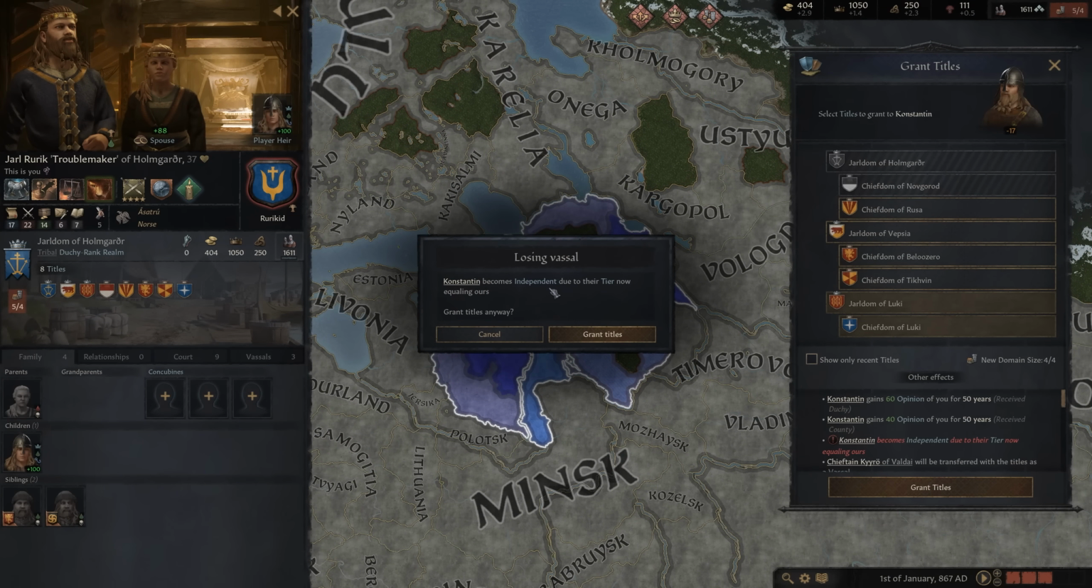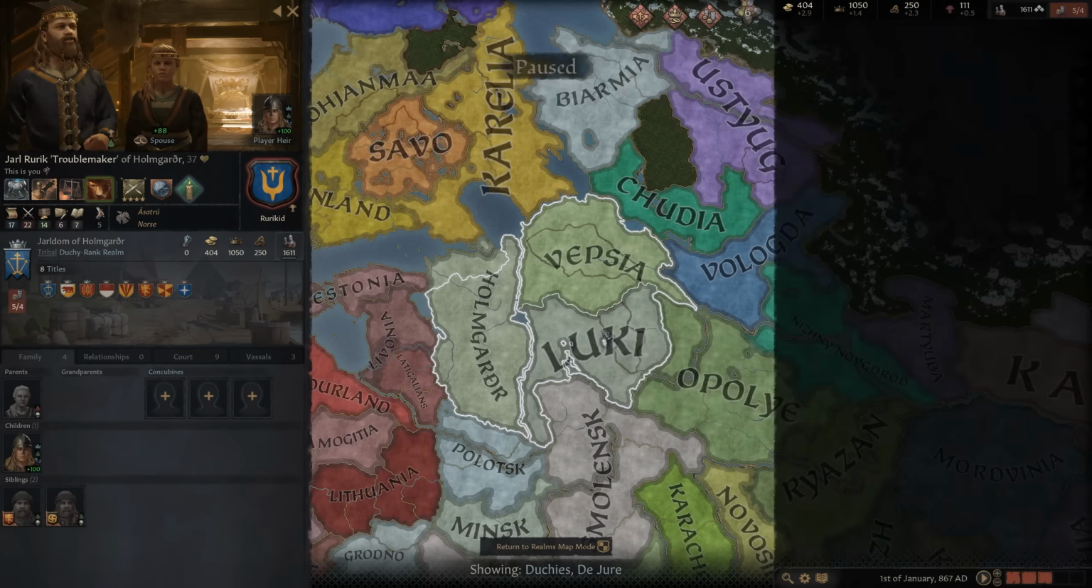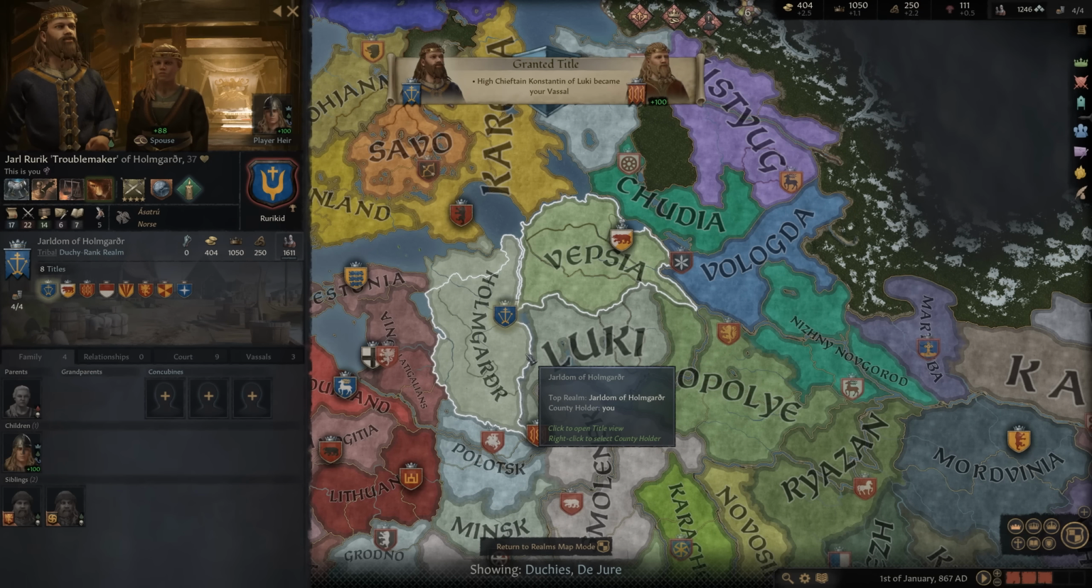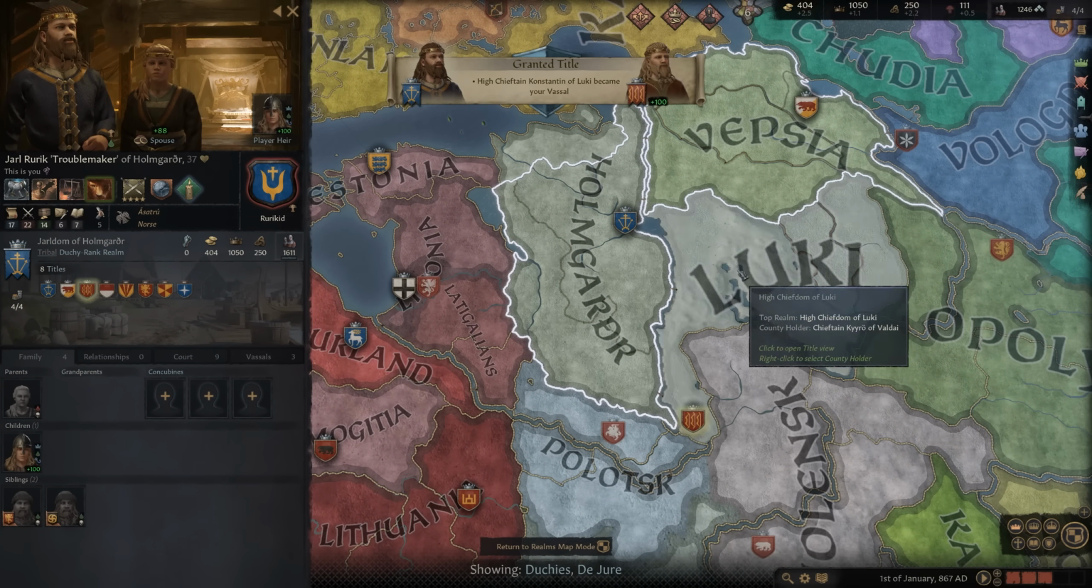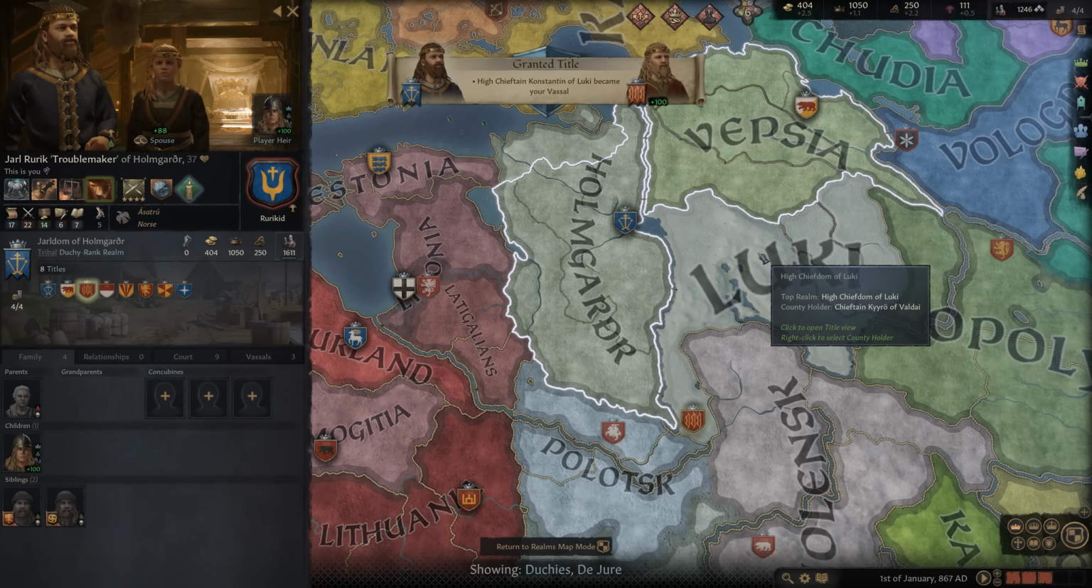So Constantine becomes independent due to their tier now equaling yours. He no longer is going to be a vassal like he would if he was just simply a count or a chief. He is now going to become his own jarldom because he's becoming a duke, which is equal title to myself. It even warns you down here. You press the button and it warns you ahead of time. So boom. And now you can see the highlighted area no longer includes this jarldom because he is now independent